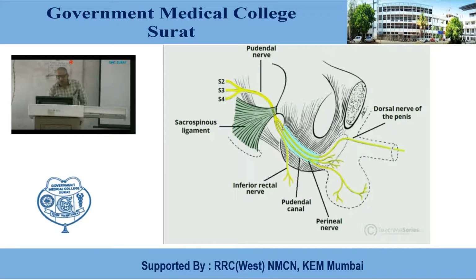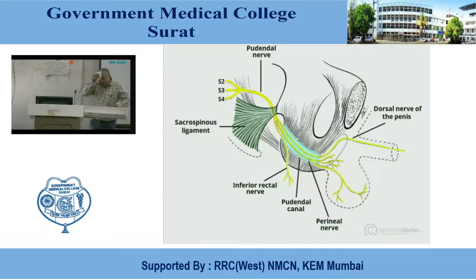As soon as the pudendal nerve enters the lesser sciatic foramen, that is, within the perineum, here one curved canal is shown, a roughly light blue colored canal over the internal aspect of this bone, the ischium. So this canal is the pudendal canal. It extends from posteriorly, from the lesser sciatic foramen, traversing forward, and anteriorly it reaches up to the perineal membrane. Here is the attachment of the perineal membrane that we will discuss in the next lecture.